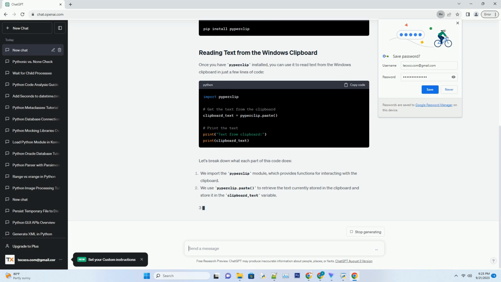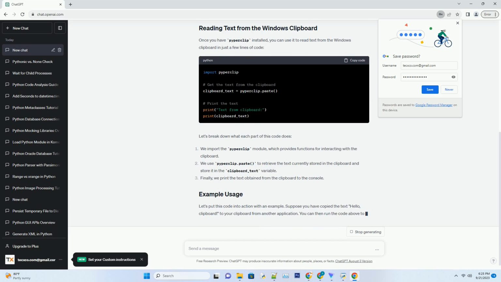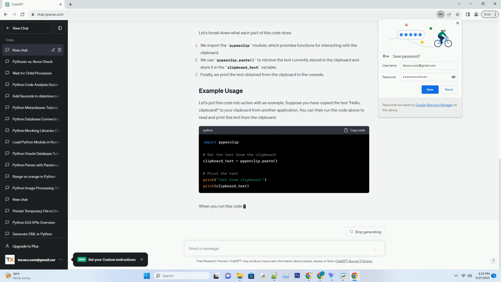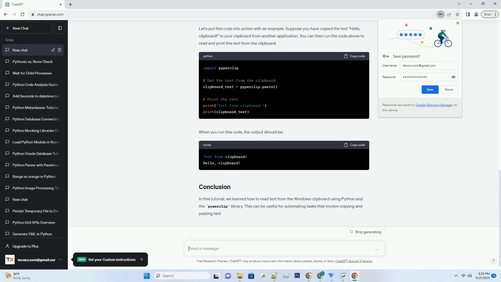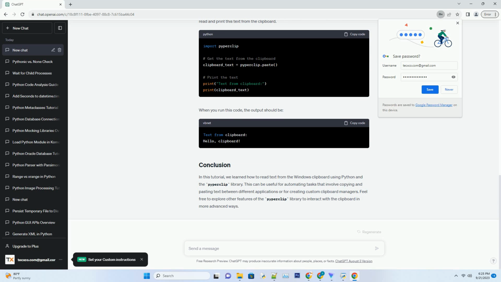Before we begin, make sure you have Python installed on your system. You can download and install Python from the official Python website. Additionally, you will need to install the pyperclip library. You can do this using pip, the Python package manager, by running the following command in your command prompt or terminal. Once you have pyperclip installed, you can use it to read text from the Windows clipboard in just a